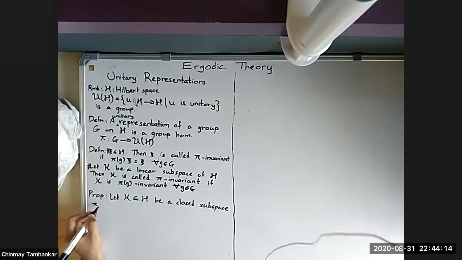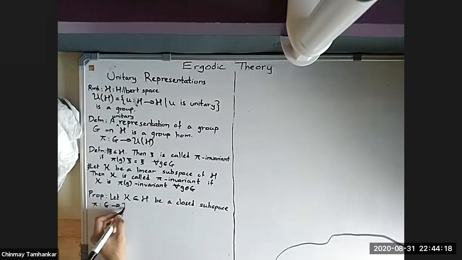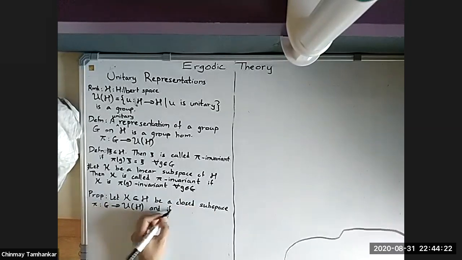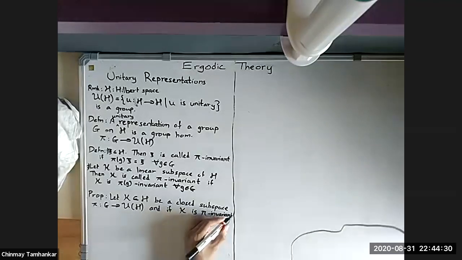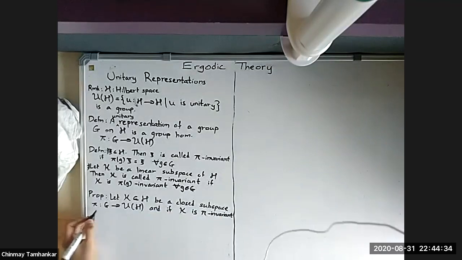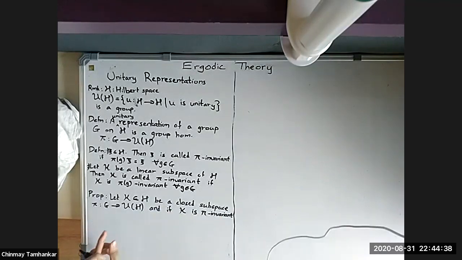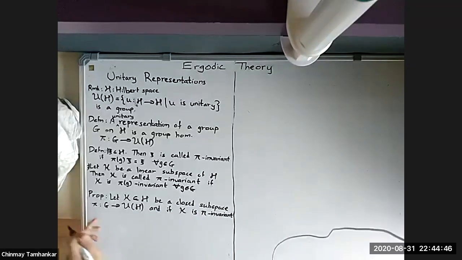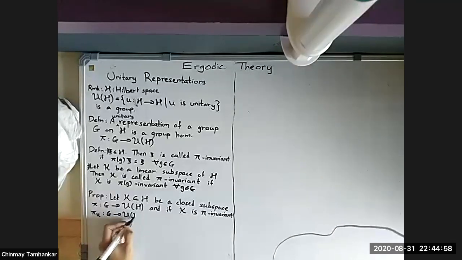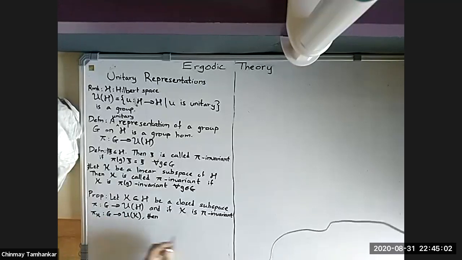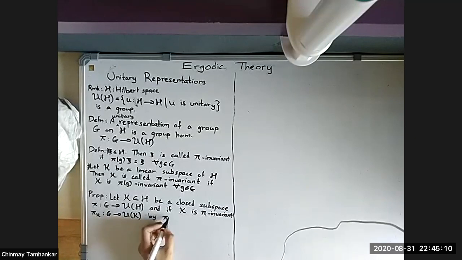If we have a group representation pi and K is pi invariant, then what we saw last time is that if we restrict any pi of G to K, that will again be a unitary on K. The restriction will be a group representation of G on K. So if we define pi K from G to U of K,